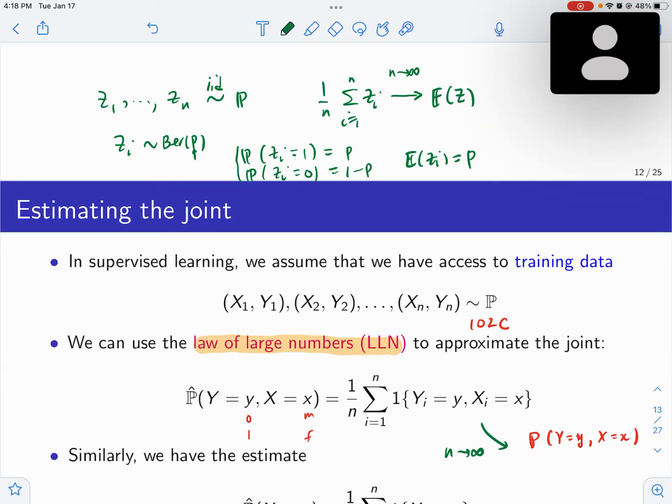Yes. Is that because when n is large enough, the sample size will approach the population? Not the sample mean converges to the population mean. Okay, so this is a sample mean of what? Because when the sample size is almost equivalent to the population size, the mean of the sample is the mean of the population. Can you say your statement again? So when the sample size approaches the population size, the mean of the sample